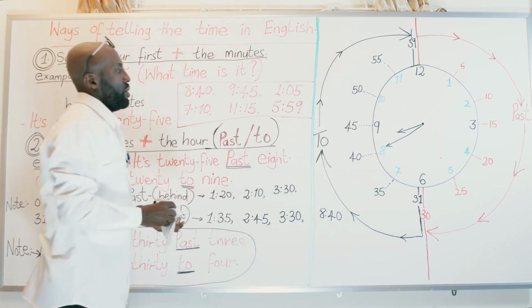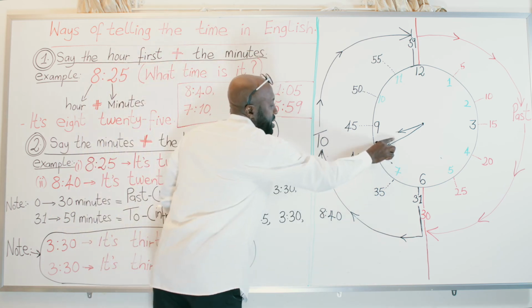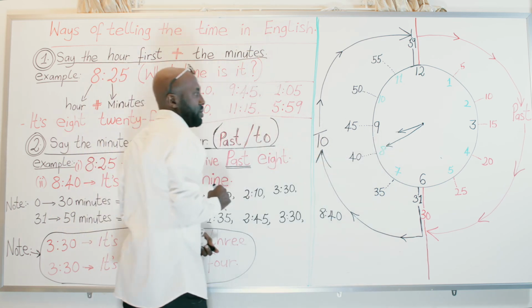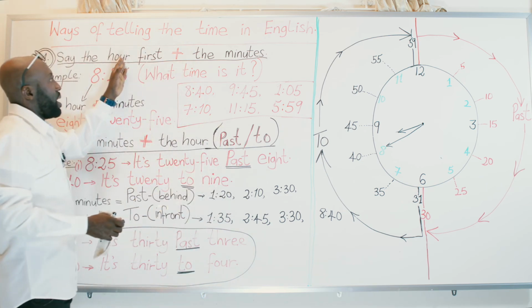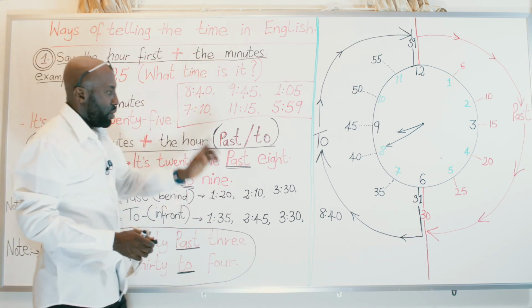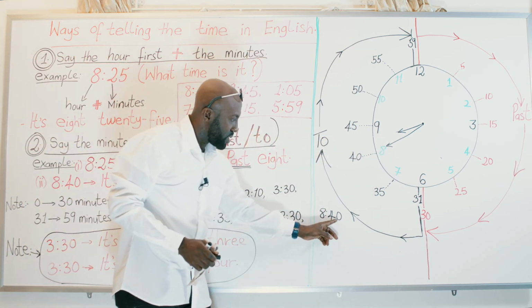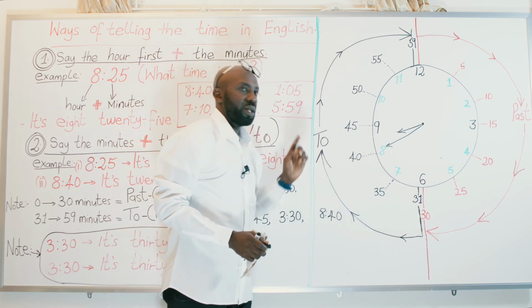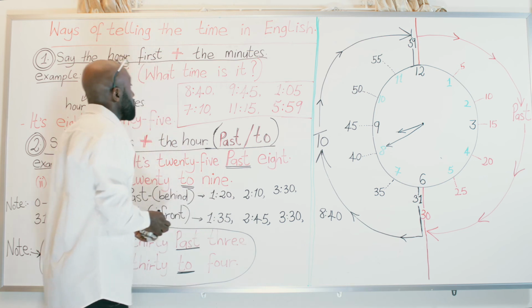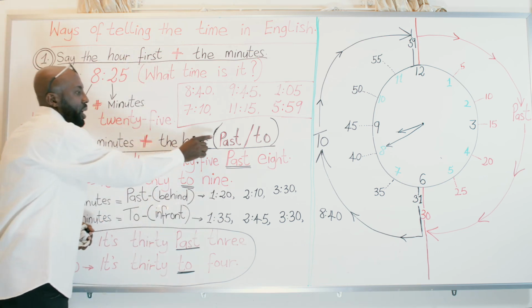Okay, so this is a representation of this hour on this clock. So if you are supposed to say the hour first and the minute, you are going to say the time here is 8:40. If you are supposed to say the minutes before the hour,